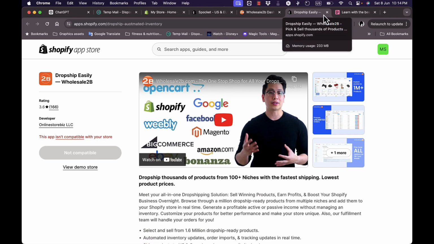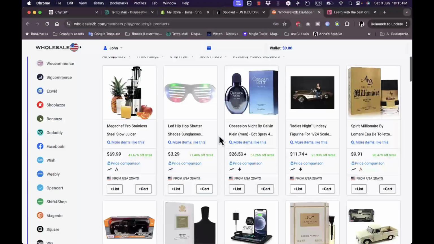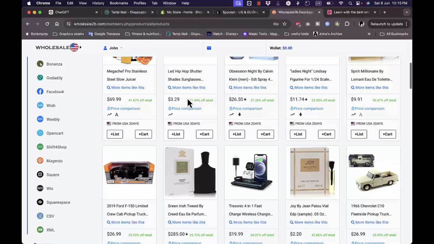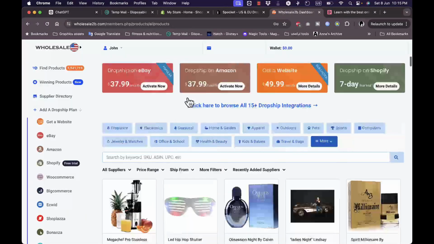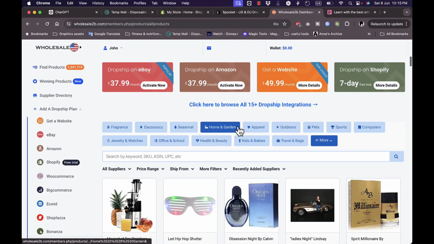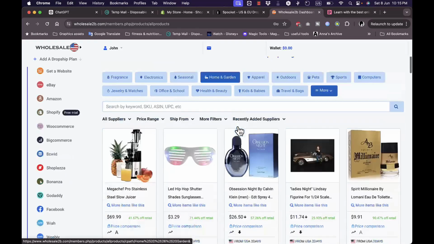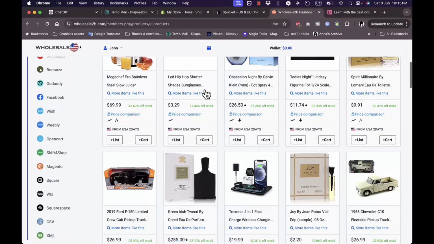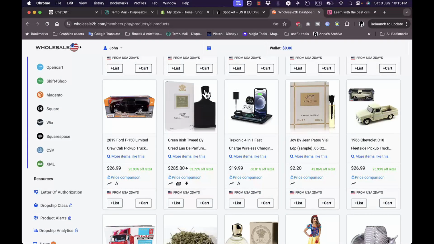If I close it, in this spot here, I can see products. So you basically choose the product that you like, and you can filter them by categories, and you can see the top trending products right here. And once you see a product that you like, let's say this charger station,